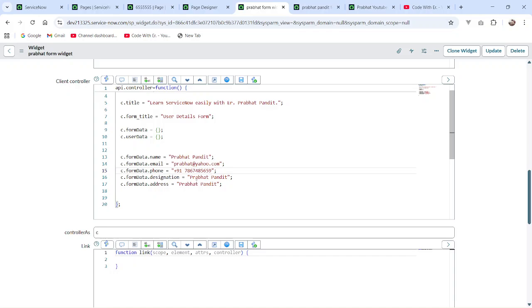Okay, this is it, and I can give the designation as a software developer,